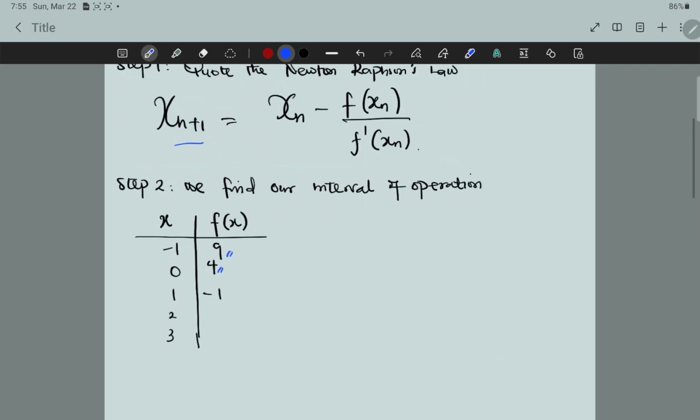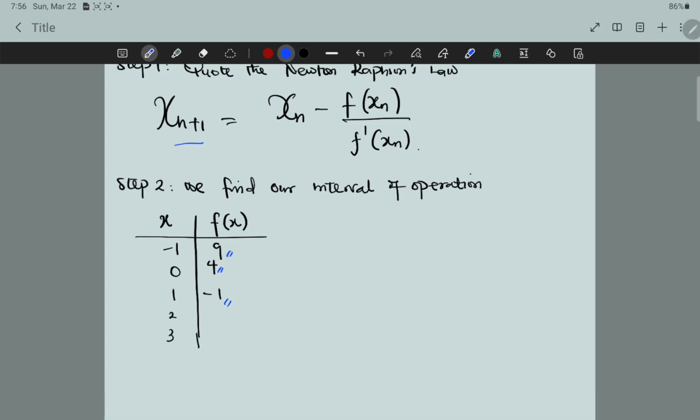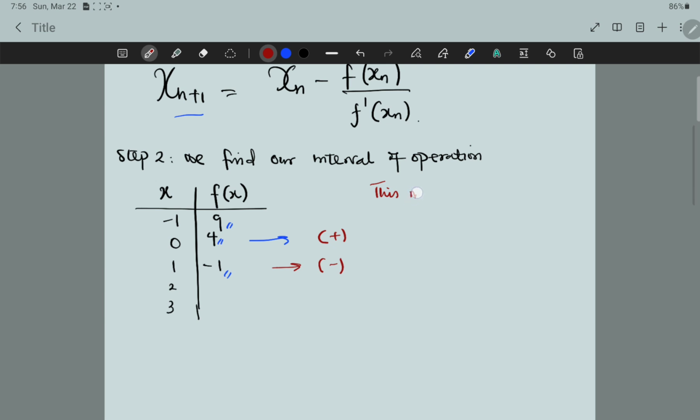Again, you calculate at 1. You have -1. You see that? At this stage we have a positive figure, and at this stage we have a negative figure. It means that f of 0 multiplied by f of 1 is less than 0. Because 4 times -1 is -4, which is less than 0. So now that you're able to get one positive and one negative,